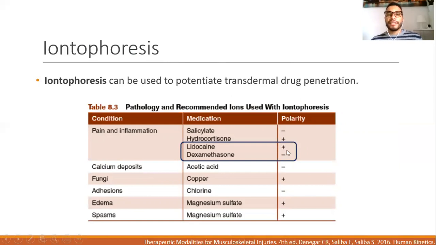So in the case of lidocaine, in a circuit, we have two electrodes, a positive and a negative electrode. I will use a positive electrode next to the area to be treated